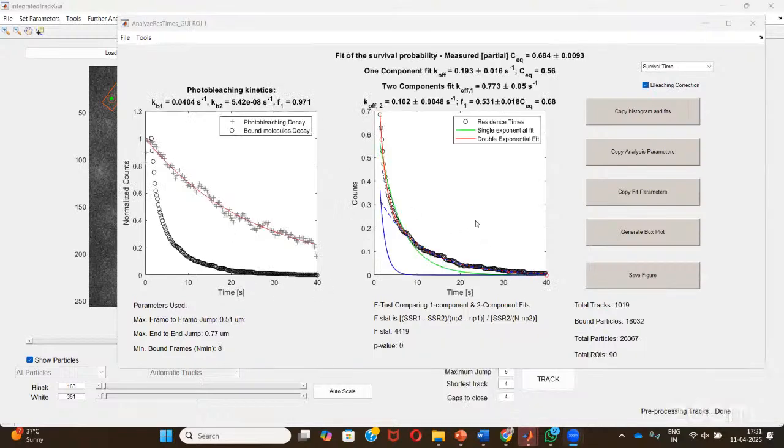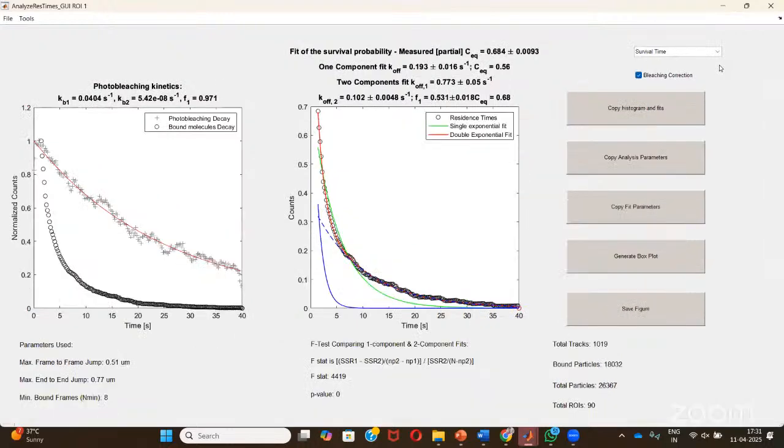Okay, so this is here. If I show you this data, now you see this. So basically, at the end, you are going to get this kind of plot. This is the time, and in the y-axis you can see the count. So basically, the 0.7%, this is the probability basically. So 0.7% of the molecules have a residence time of this. Okay. So basically, this is a cumulative curve.